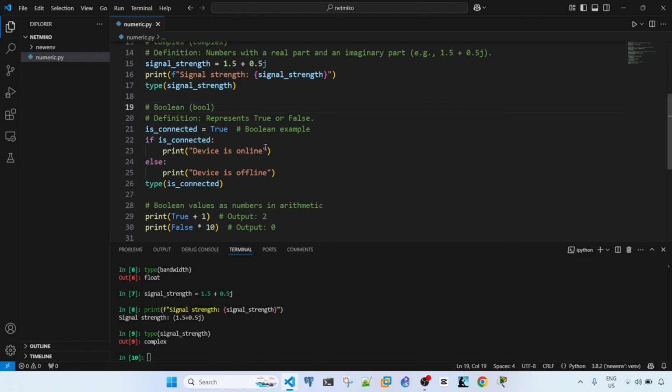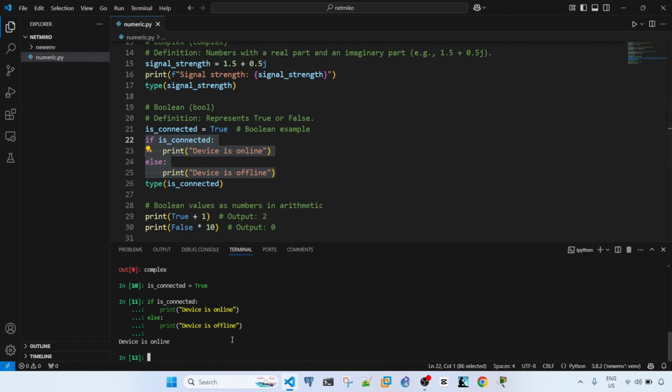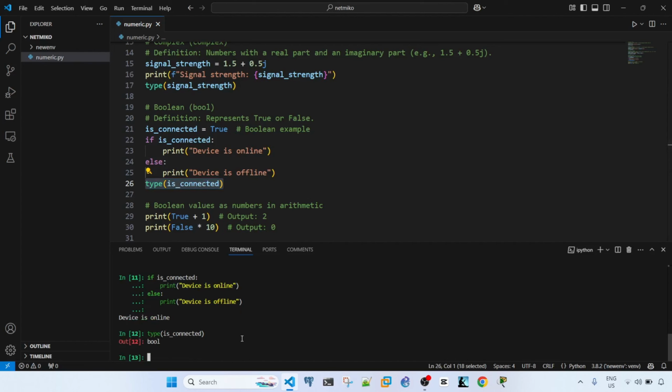Last but not least is Boolean. Boolean represents true or false, and this is an example of a Boolean. Here we're storing True in the is connected variable, and I'm using an if else statement here, and I will copy and paste this line of code. So yeah, the if is true, so that's why this print statement here got printed out on the screen. Okay, and if we check the data type of this variable called is connected,